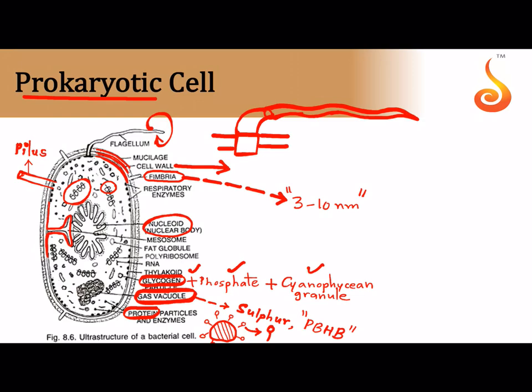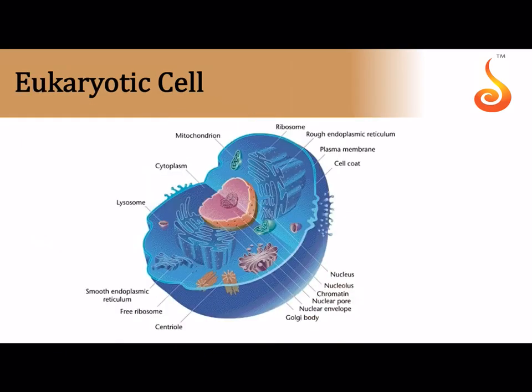Okay, so by and large we have covered almost all the aspects of a prokaryotic cell. Remember, there are two different types of storage products. Some of them are bound by a membrane, some do not have a membrane, or they have a non-unit membrane, about 2 to 4 nanometers thick, in the case of gas vacuoles, sulfur granules, and polybeta hydroxybutyrate, where they are covered with a single layer of lipid molecules which have a hydrophilic head and a hydrophobic tail. It is very important for you to recall the function of these invaginations of the plasma membrane, which are referred to as the mesosome.